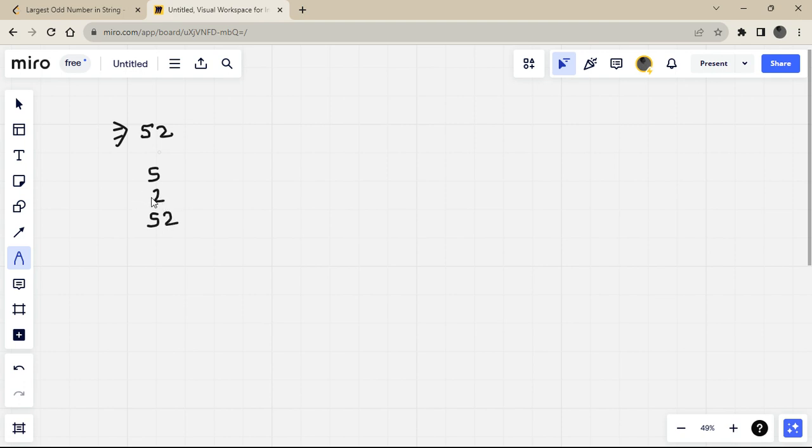We can generate three substrings using the string given in the question. So what is the maximum length substring which is odd? We can observe that 5 is the maximum length odd substring, because the other two are even: 2 is even and 52 is even.